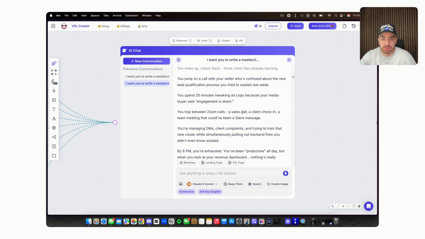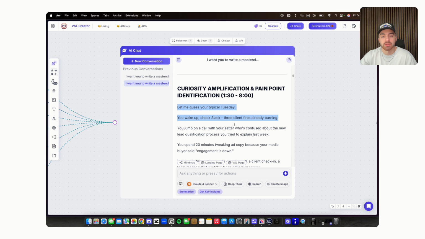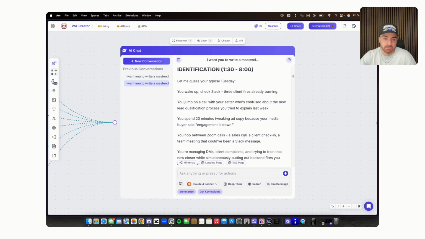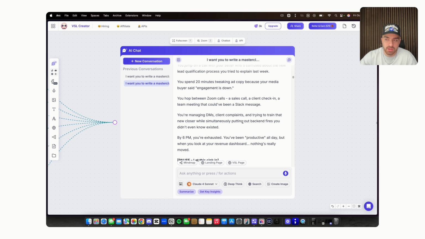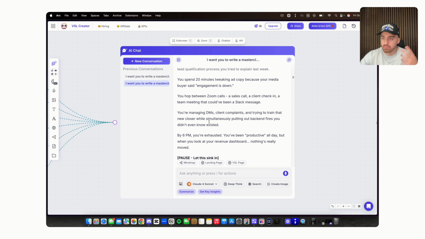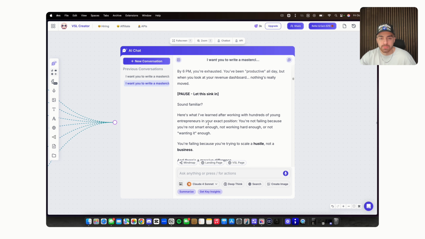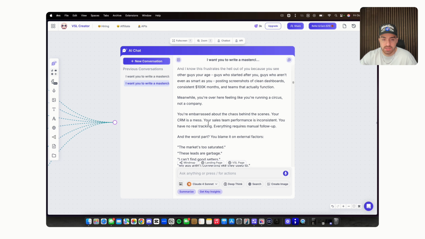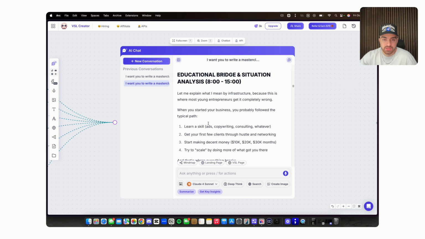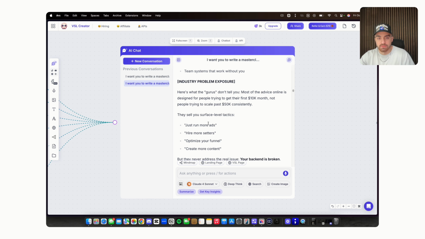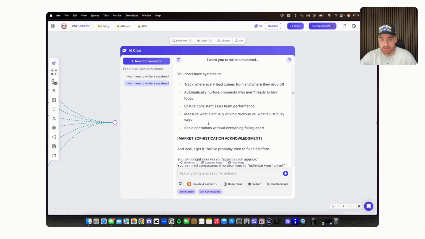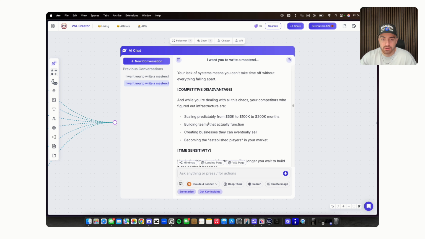Like, that is perfect. Like, that is literally painting the exact picture of typical people that I'm really targeting, right? When you're in that 20K to 50K a month, like, you're running your business by yourself. So the output it gives you is insane, right? So I'm not gonna go through this entire thing because I want to make sure I give you guys all the information, like how to actually set up stuff rather than go through what the outputs are.